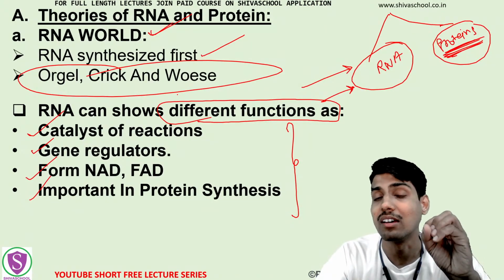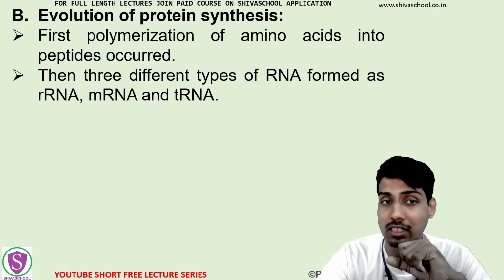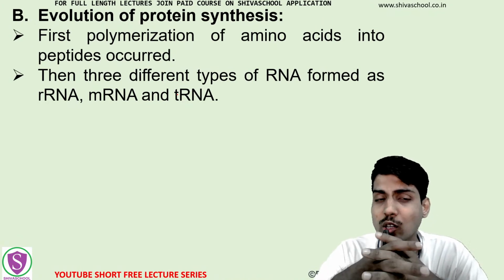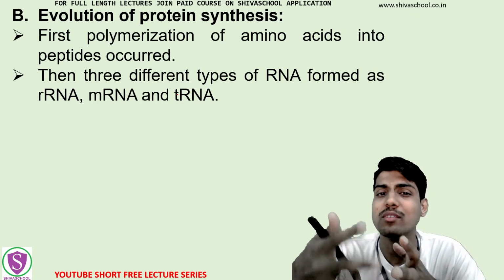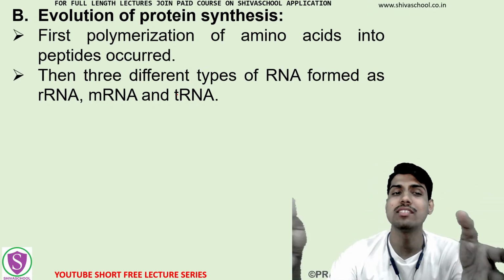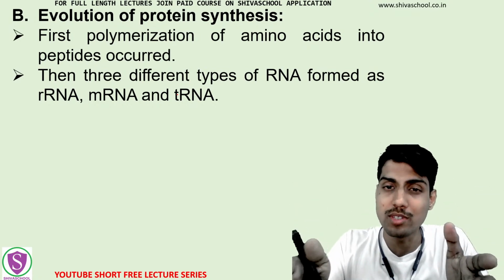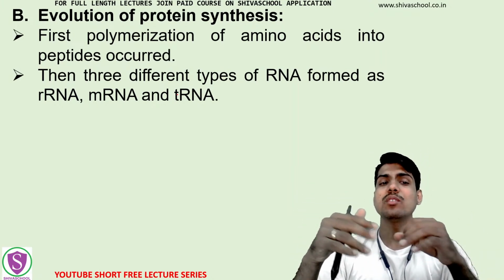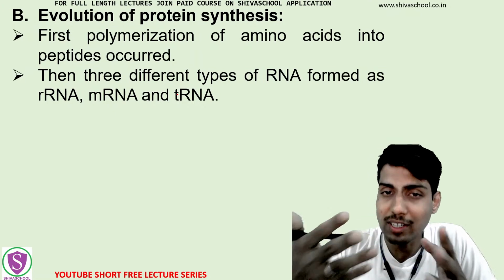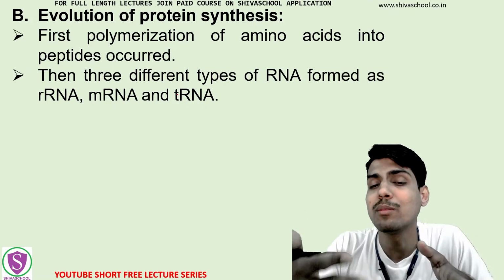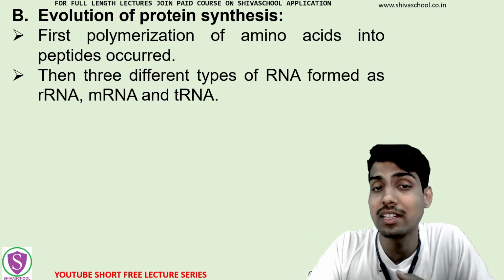Okay, so these are the two hypotheses which are there for the series of RNA and protein। ठीक है, now we will also have to see कि ये जो protein synthesis है वो कैसे evolve हुआ। ठीक है, the evolution is quite simple। Okay, जो amino acids were there, whatever amino acids were there, first the polymerization of those amino acids starts। Okay, वो polymerize हो गए।